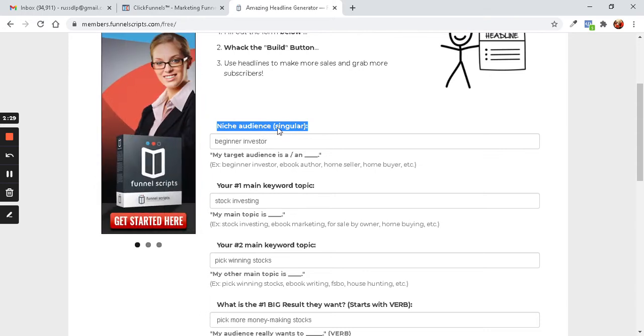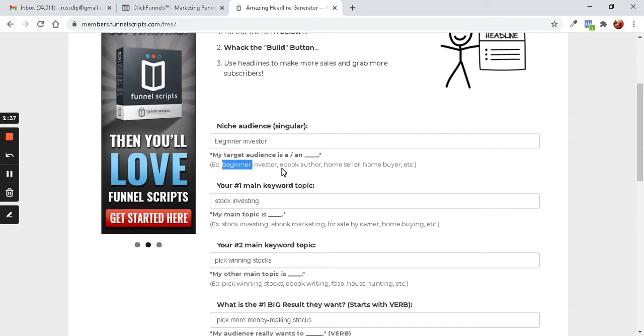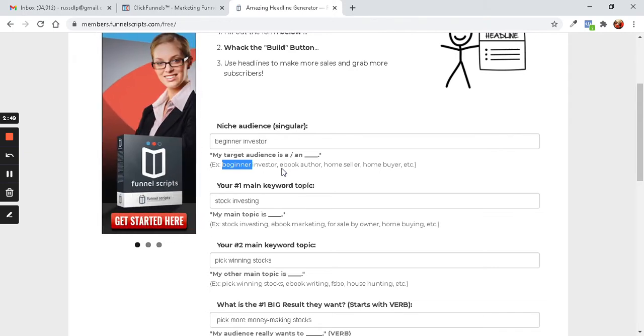So it says niche audience. In this case, it's singular. If you look down here, there are some examples that you can just follow that will give you an idea, based on your niche, of how to tweak this copy to fit your niche so that you're able to quickly fill in the blanks here and then ultimately at the very end just hit a button and in a few minutes have a winning headline.